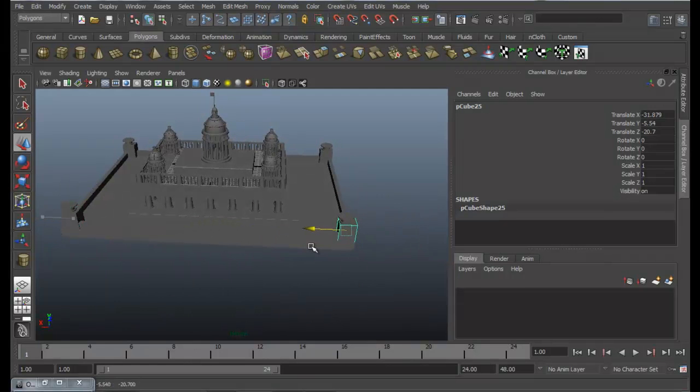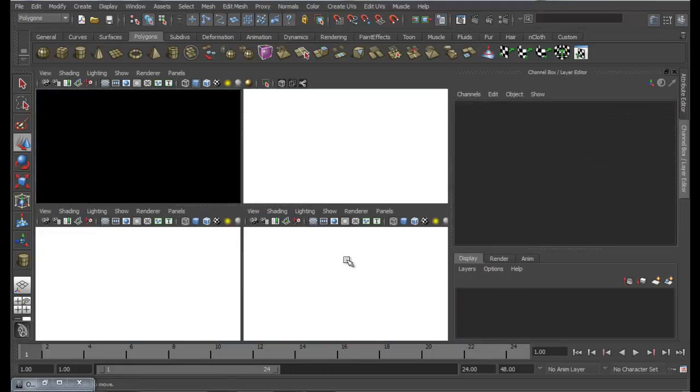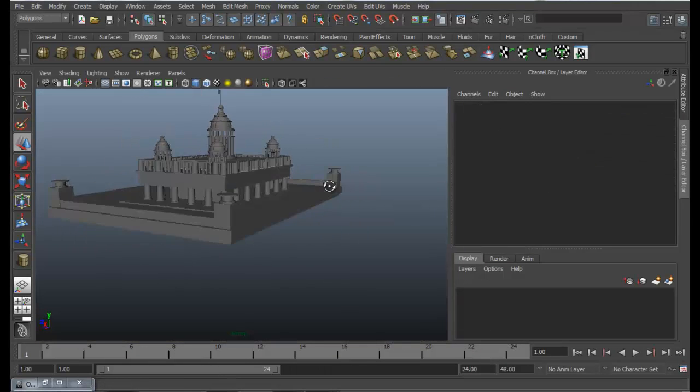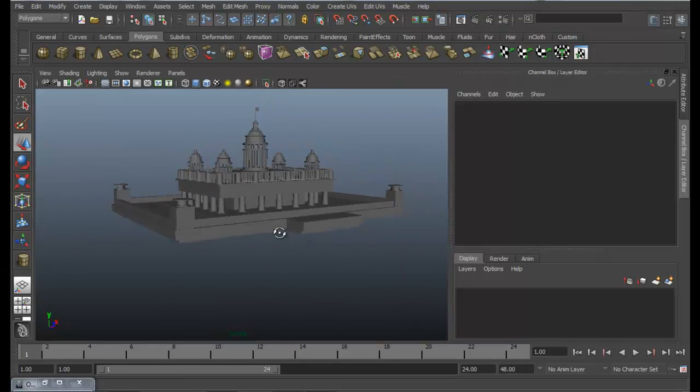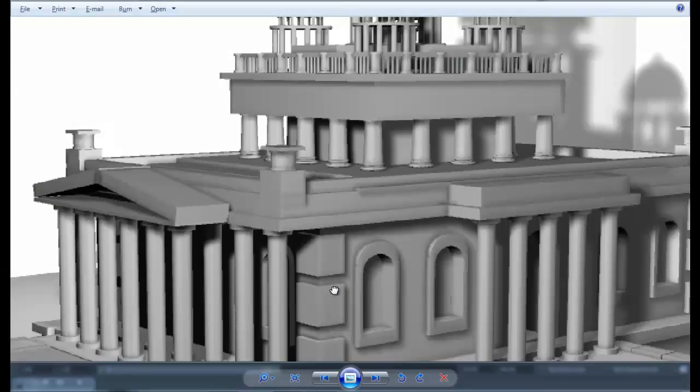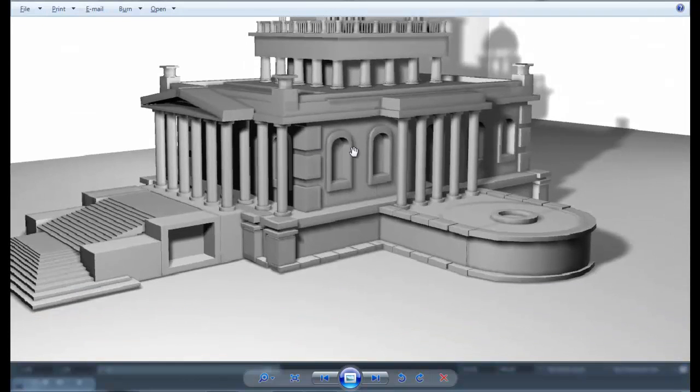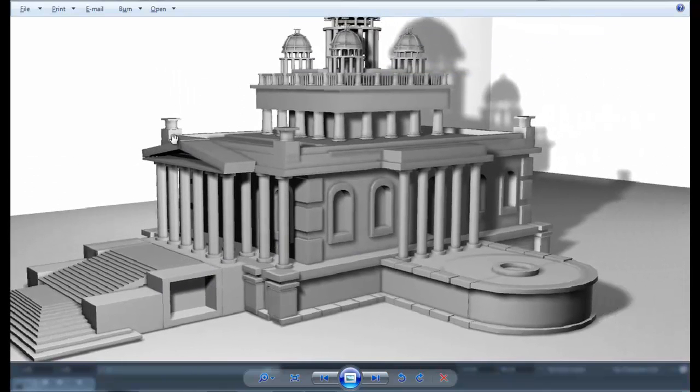Okay, we're done with most. So just left this top part and getting a little more complex, but not that much. Okay, these parts.